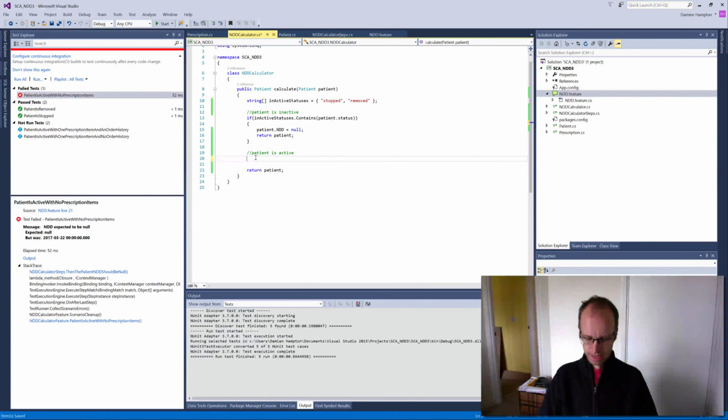So we want to now say if patient.prescriptions.count is less than or equal to 0,